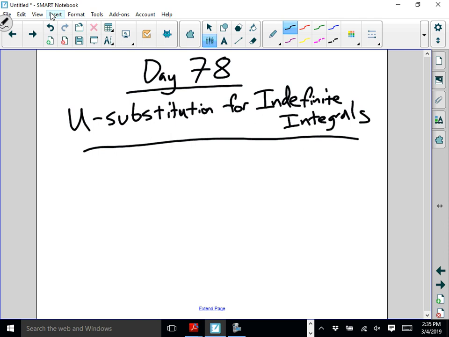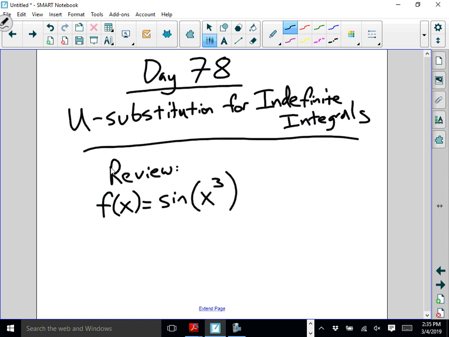So I'm going to start with some review, and we're just going to review doing the chain rule. If I told you f of x equals sine of x cubed, and I wanted you to find f prime of x,